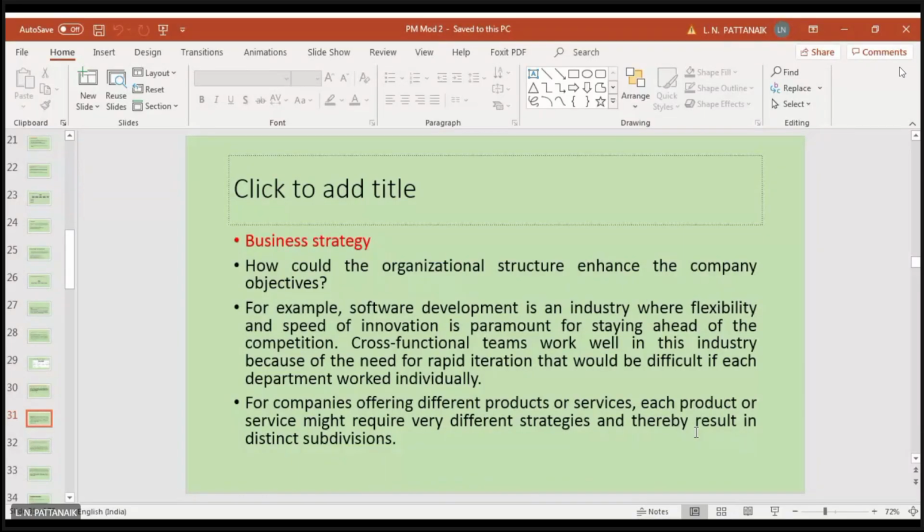So maybe you will go for a matrix structure or a product-based structure, so that you can give proper attention to each and every product or service which are very different from each other. So the second factor is, what is your business strategy? According to the business strategy, you have to design your workforce or organizational structure. Next is